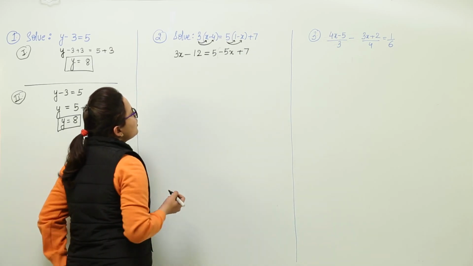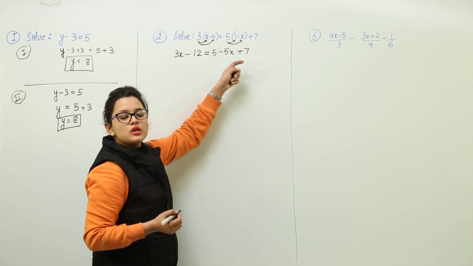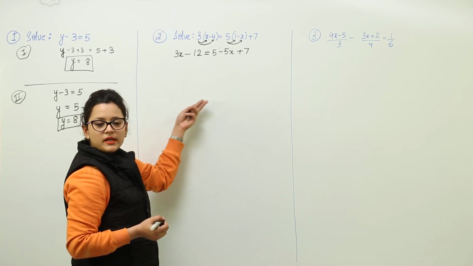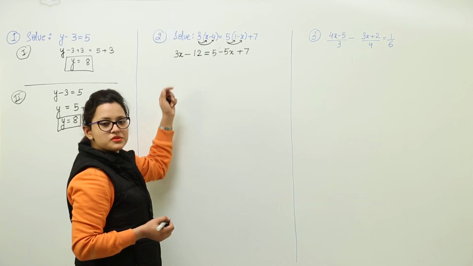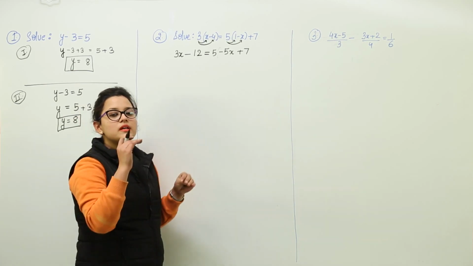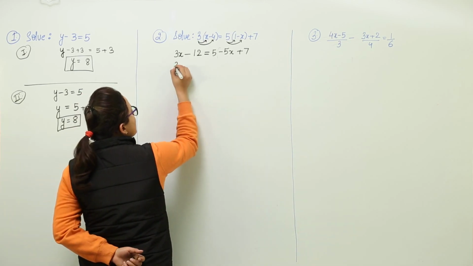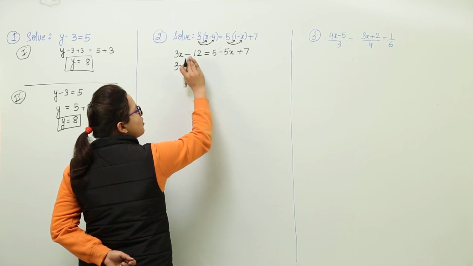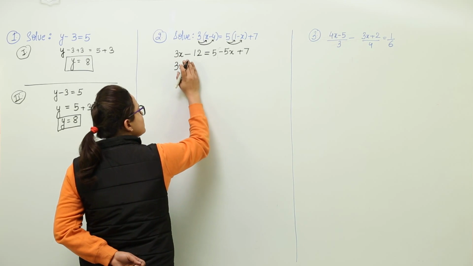Now you have all the terms, you have left hand side also and you have right hand side also. You can either keep on adding and subtracting the same numbers, multiplying and dividing the same numbers, and you will get the value, or you can use the transposition. I am using the transposition method because that reduces my number of steps. You can use any of them. Just see, I will take all the variable terms to one side and all the constant terms to the other side. So now I have taken 3x on this side only.